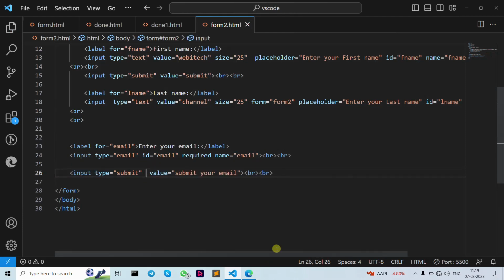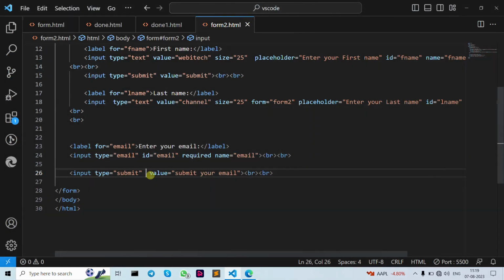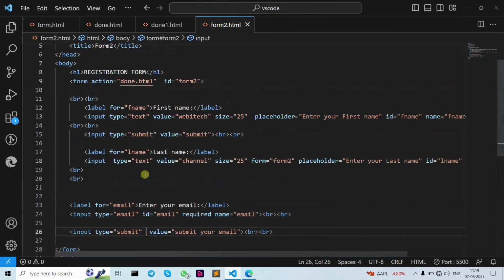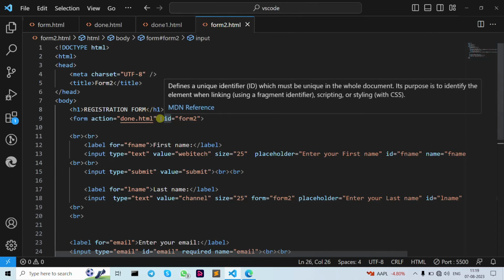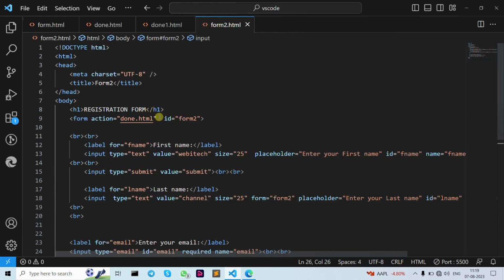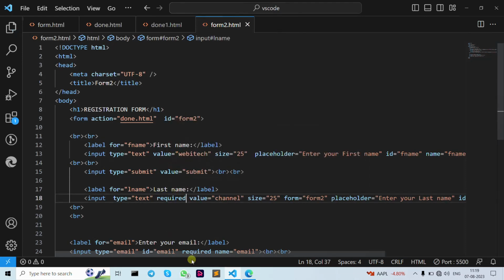If you don't want to write down your password or any required field, that is where you need to write down here no validate. So that is the use of our form no validate. You can also write that here. But if you write down here, then it's always required to enter all fields. Let's write down here required. Okay, then save,